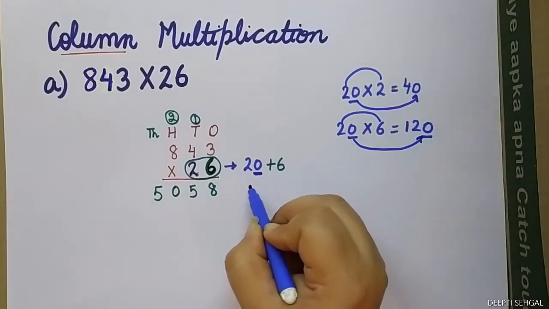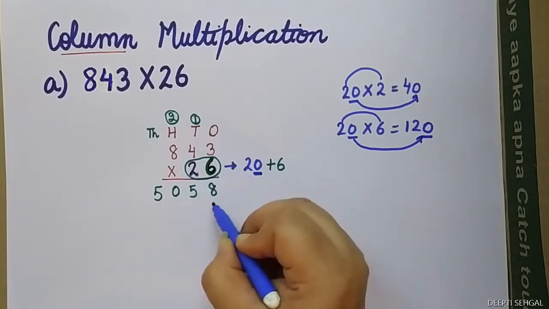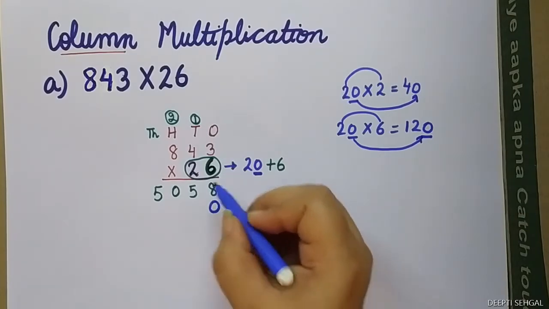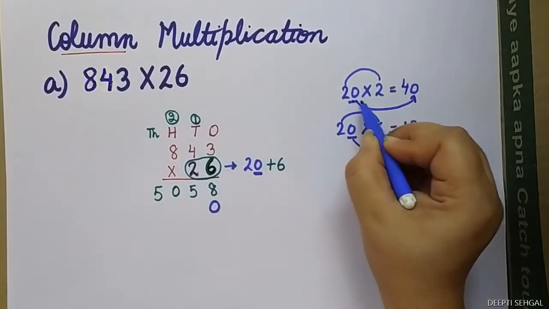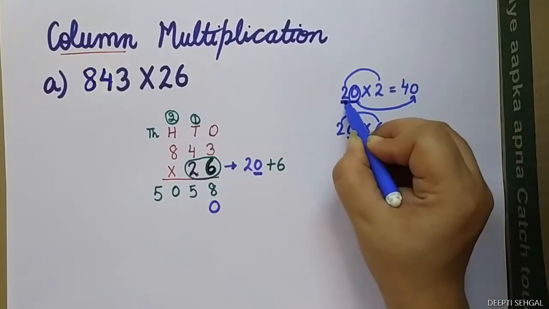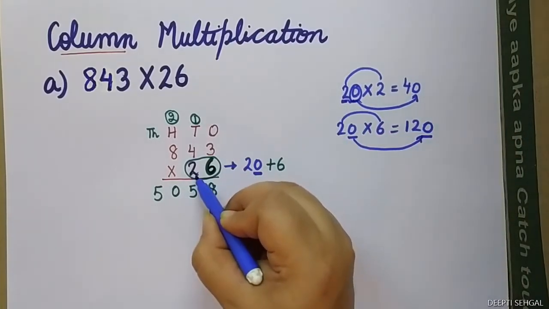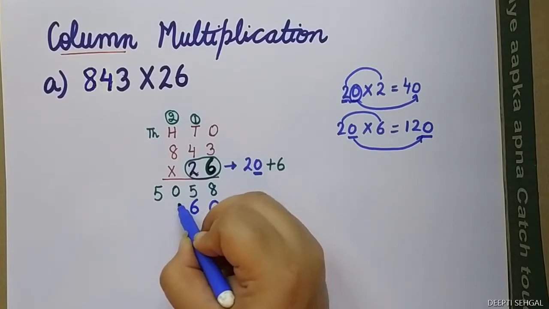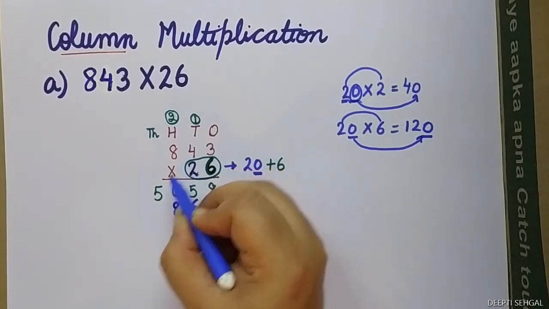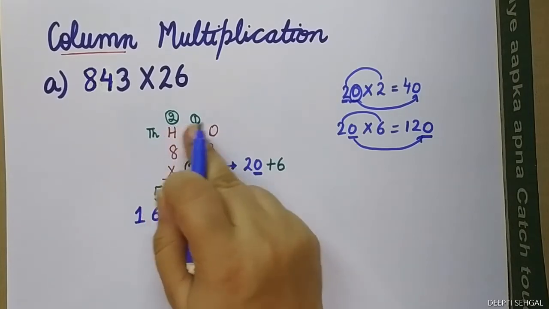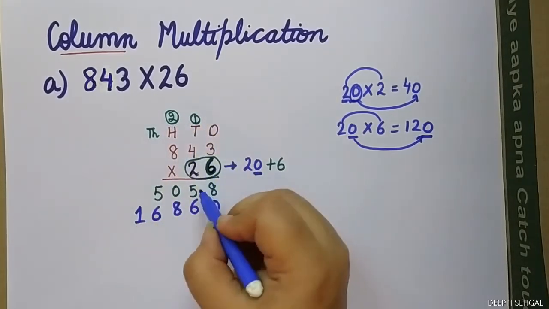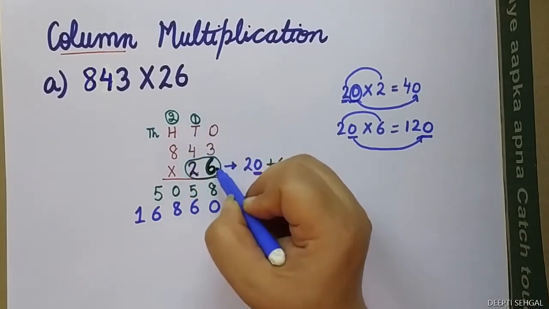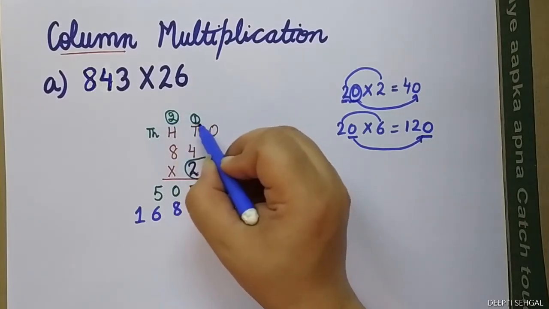Similarly, what will happen here in this case? So this 0 we will write here because 0 will come in the end. So we will write 0 at ones place, and then now only 2 is left. Now 2 multiplied by 3 is 6. 2 multiplied by 4 is 8. 2 multiplied by 8 is 16. These carryovers will not be added here because these carryovers were of 6. These carryovers were there when we multiply by 6, not by 2. So we will not consider these carryovers.